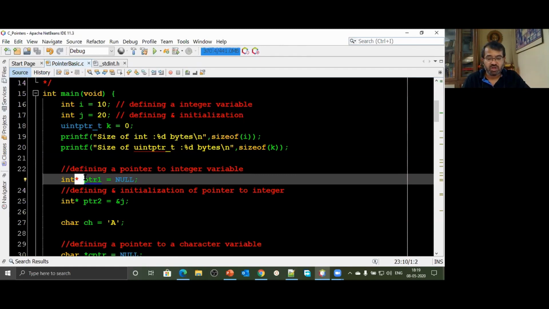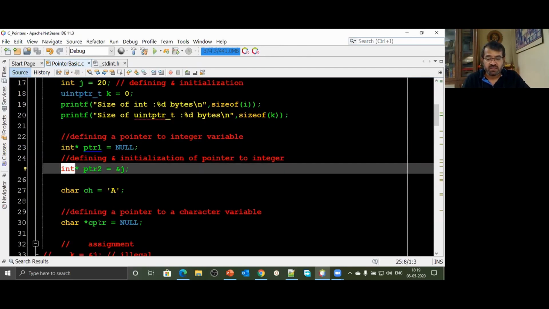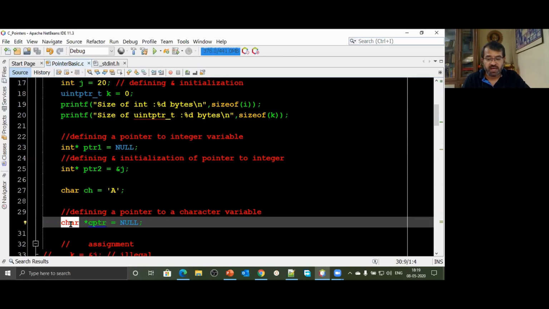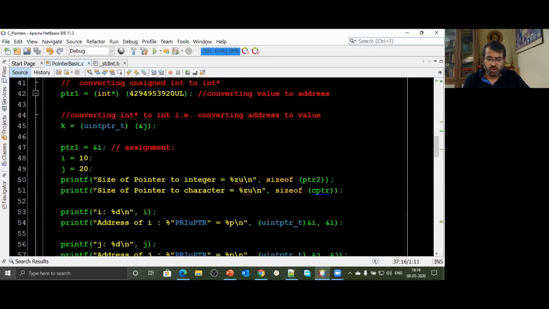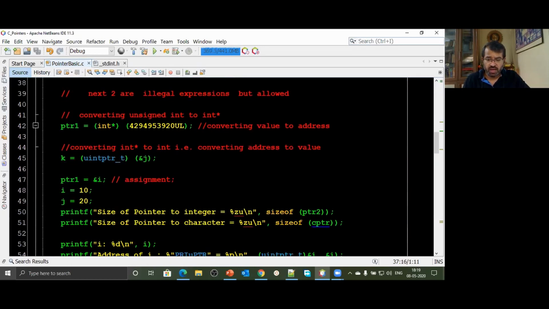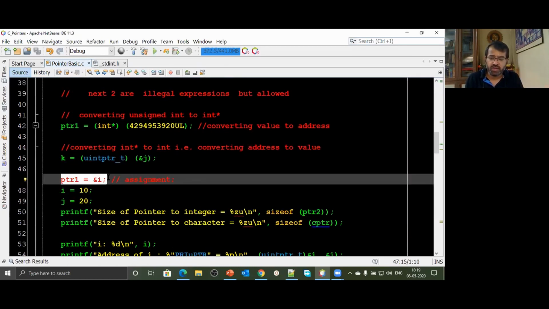A pointer variable will not store a value. It will store the address of a variable of type integer. Since I said integer, this particular pointer variable will store the address of an integer, but it is a variable. That means the address stored in it can change. Earlier, PTR1 was storing the address of j. Now PTR1 can store the address of variable i. Like int i equal to 10, I can say i equal to 50. That's allowed. The value stored inside them can be changed. That's precisely what we have done here. The pointer has now pointed somewhere else.